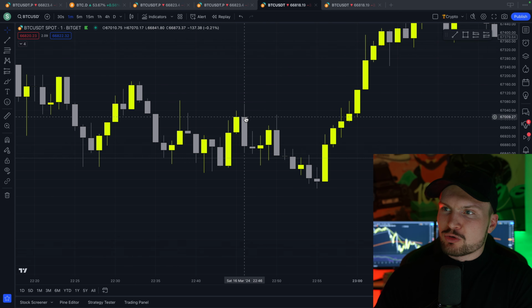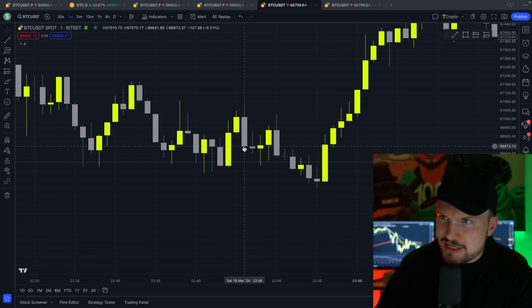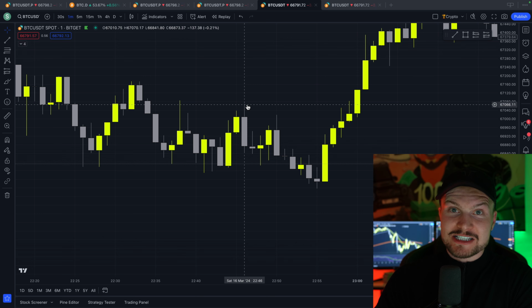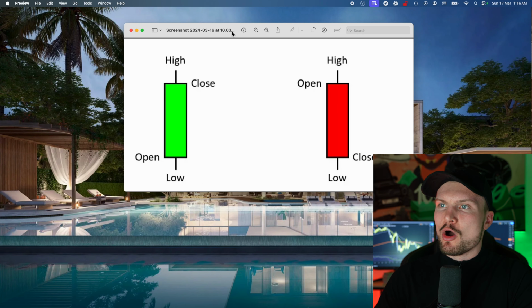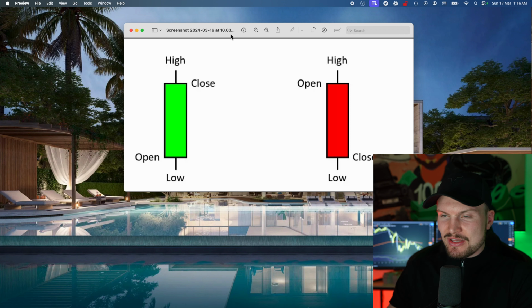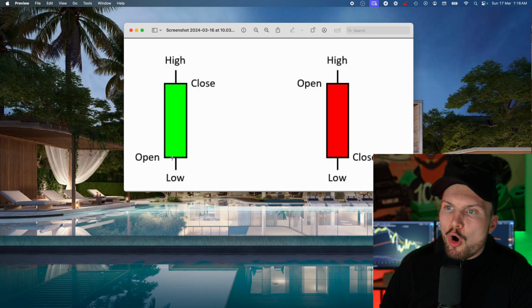This here, for example, is a gray candle, which means the price opened up here and it closed down here. This was the height or the highest point during the candle. This was the lowest. Also, if you want, you can write this down or write this in your notepad like this. So again, green candle, in my case, yellow candle, open is bottom, close is top, high and low, and red candle, in my case, gray candle, open is here